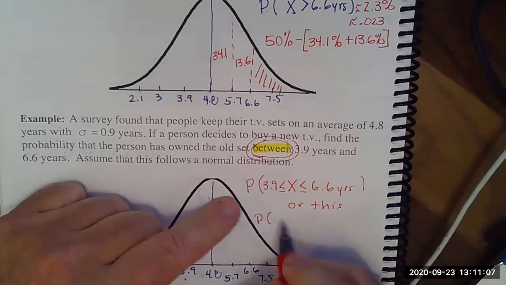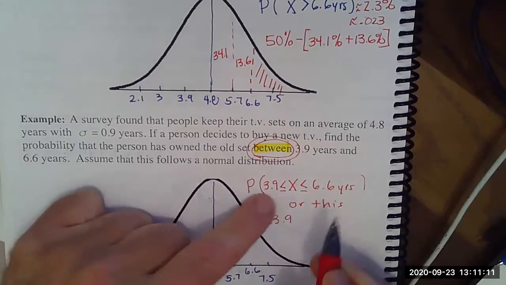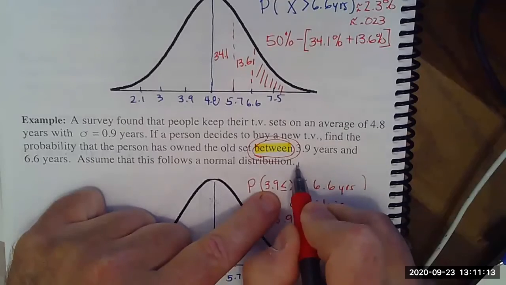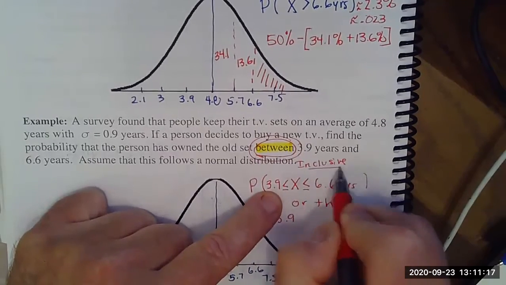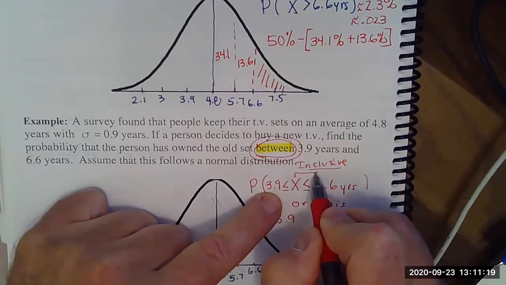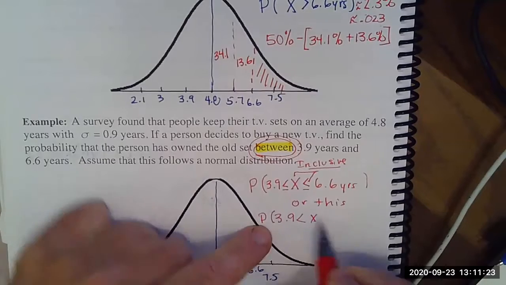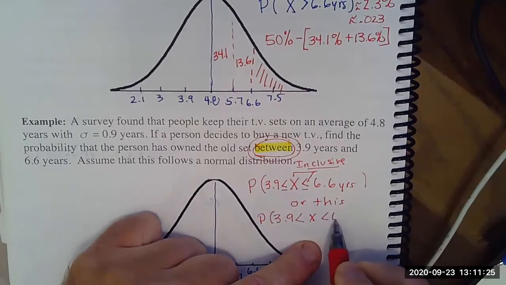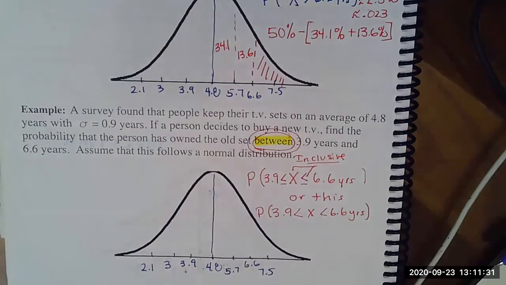And I'm going to show you what ours does. I think they use the word inclusive. And if they use the word inclusive, that would be the equal signs. But I'm okay with this because I won't be picky on the between. I will not be picky. I won't take points off whether or not you put equal or not. And in your textbook,